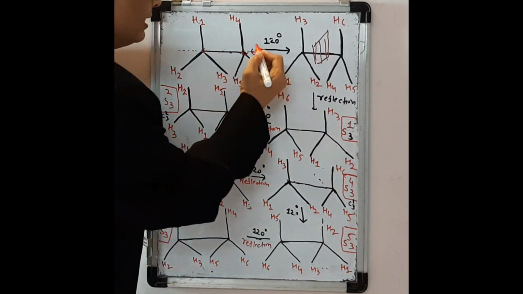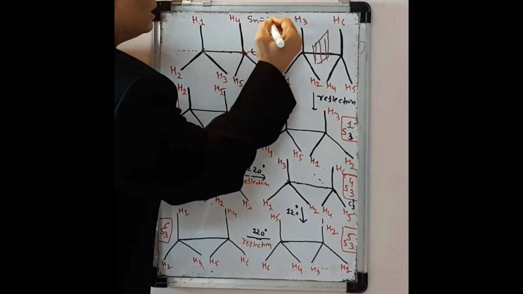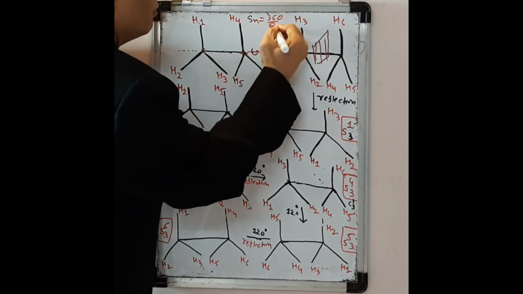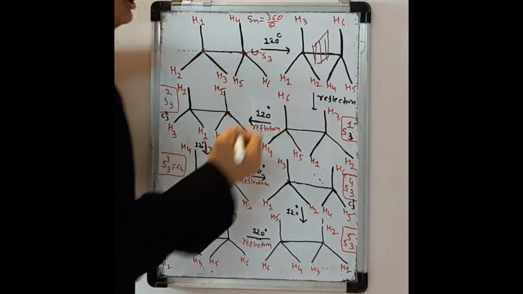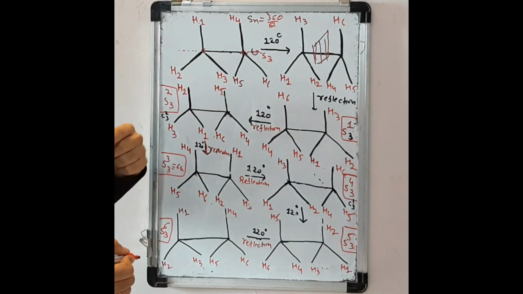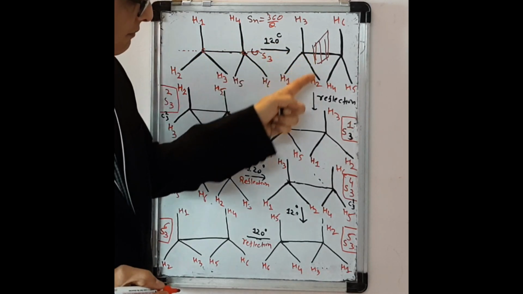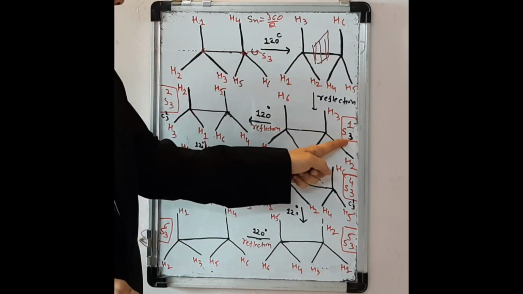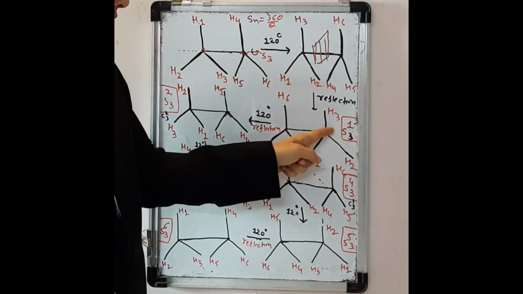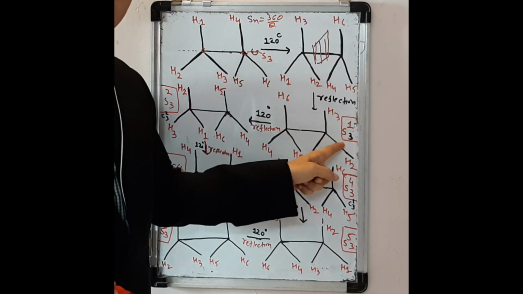So, we can say that here n is equal to 360 by theta, and theta is equal to 120. So, we can say that this axis is known as the S3 axis of symmetry. Here this is the first rotation followed by reflection. So, this is denoted by, here n is equal to 3 and this is the first rotation, so it is denoted by S13.